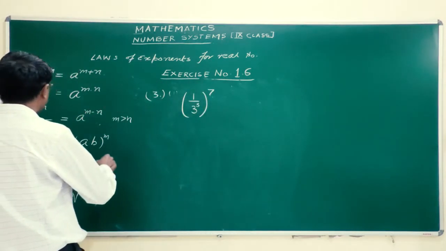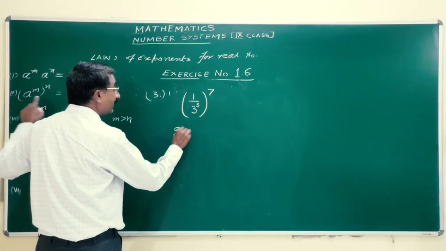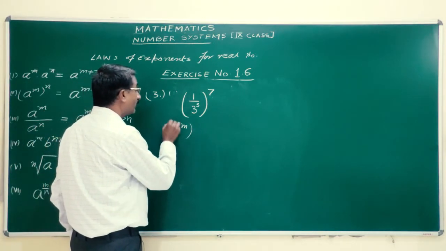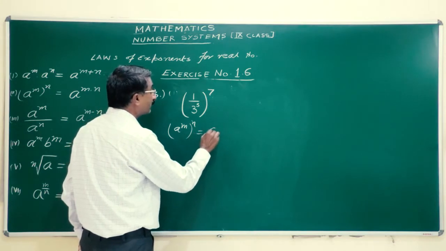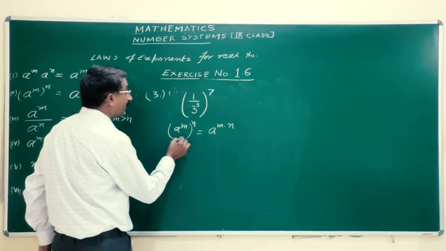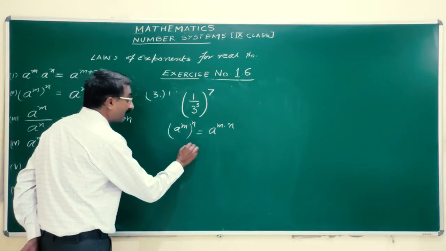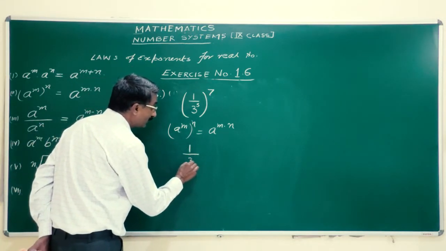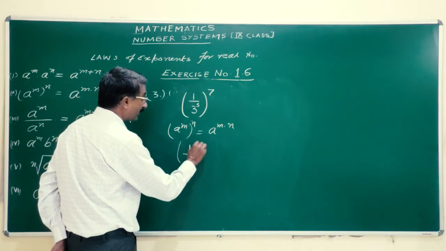Which identity? This one, second identity: a raised to the power m whole raised to the power n is equal to a raised to the power m into n. So, by using the identity, we can write 1 upon 3 raised to the power